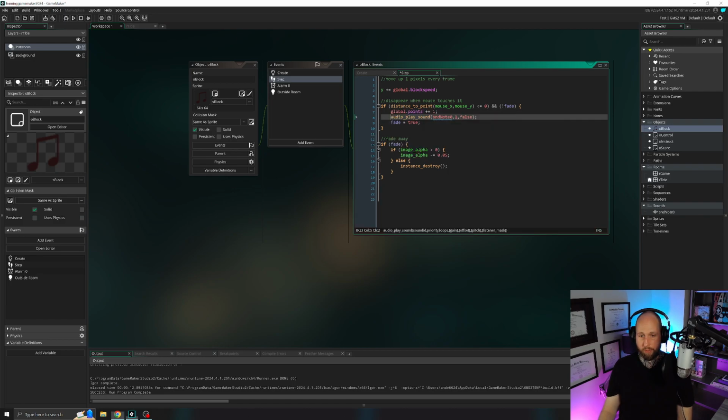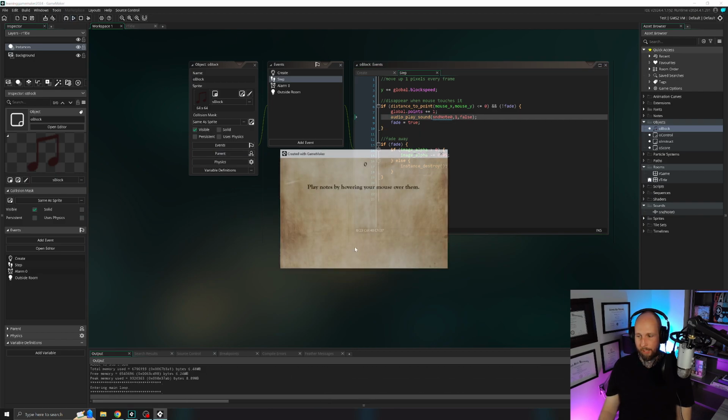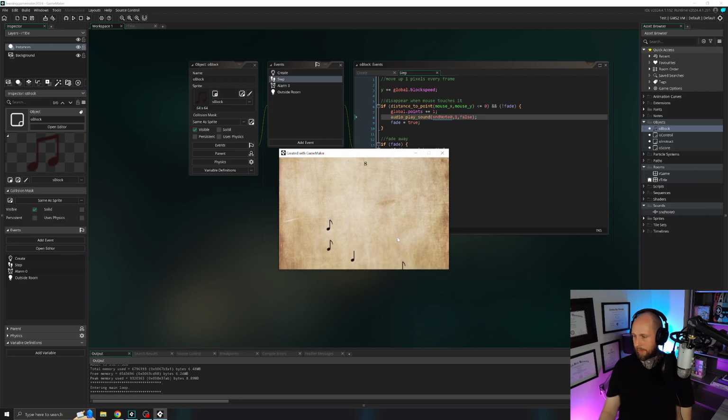So this is a new function for you, audio_play_sound, and this is a function you will use a lot in GameMaker. Whenever you want a sound effect or music to play in your game, you need to use this function. So we are going to run the game and see if it works. So the little ding ding, ding ding ding ding ding. I can't remember what key I played this in. There we go. So we're getting sounds,